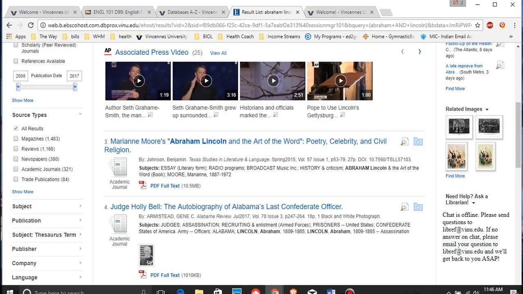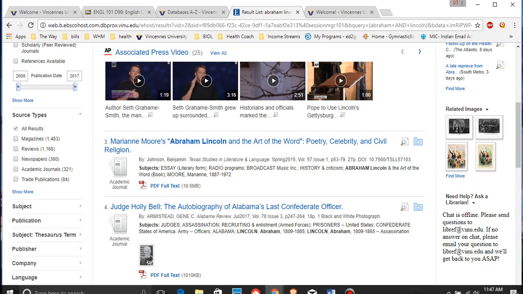Now, on the other hand, you've got a newspaper here. Newspapers are written for a very general audience, so they're going to be the most accessible. However, the problem with a newspaper is sometimes it's so general that you're not going to get a lot of really juicy details. You're not going to get maybe the details that you really need to make this essay work. So right now, I would say the best two things that you can use right now would be a newspaper